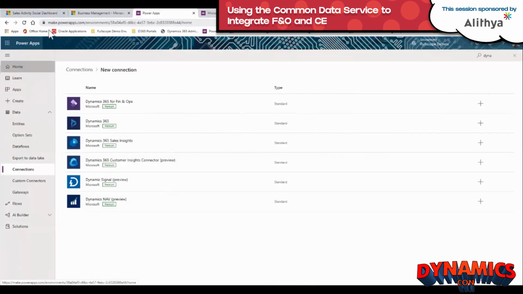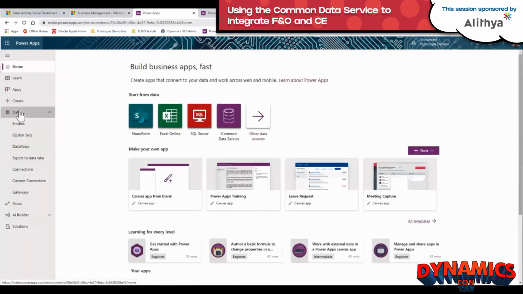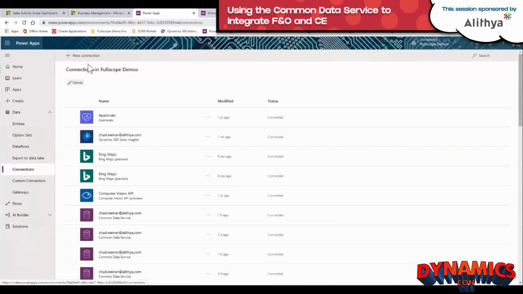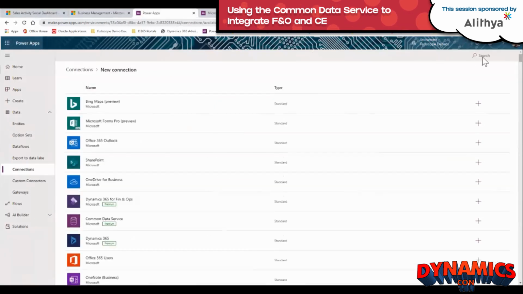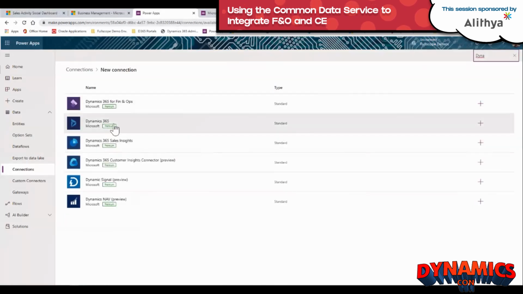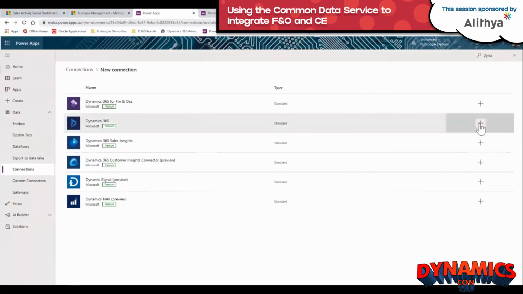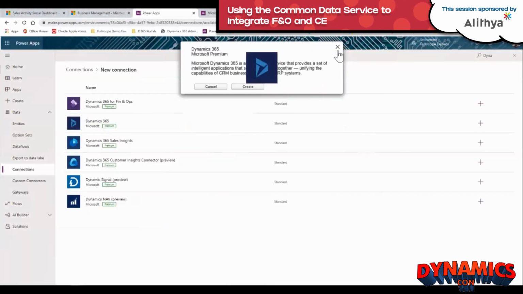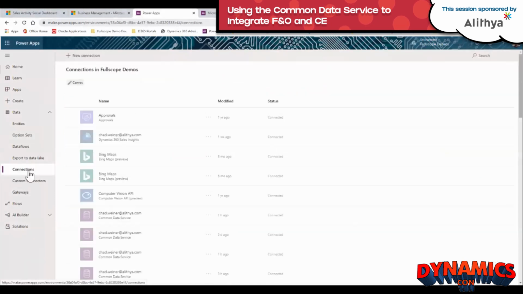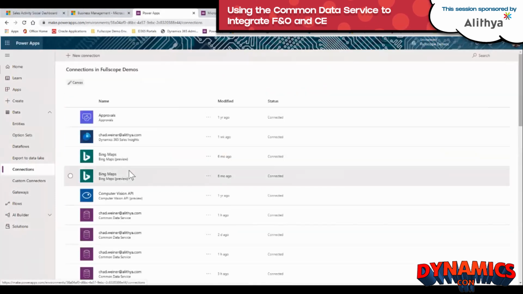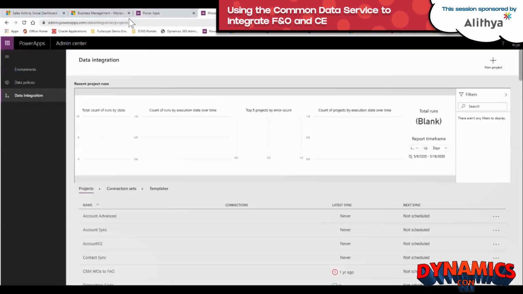Secondly, you move to make.powerapps.com and you create two connections, one for Dynamics 365 sales and another for Dynamics 365 finance and operations. You'll click new connection, you'll search for Dynamics 365, and you'll set up one for Dynamics 365 FinOps and one for sales. Don't use the common data service connector, use the Dynamics 365 sales connector. Once those connections are set up, you then move into